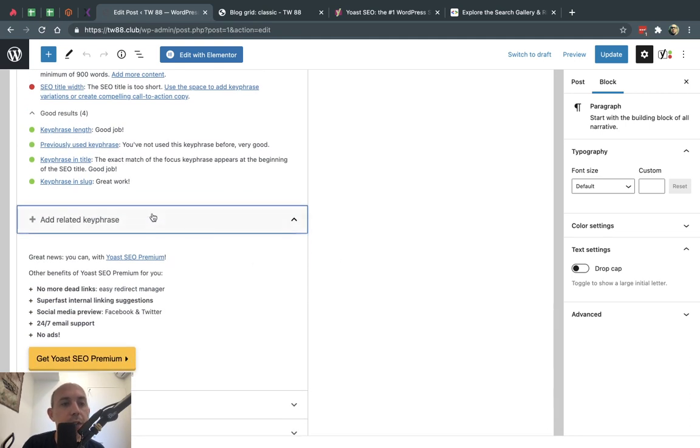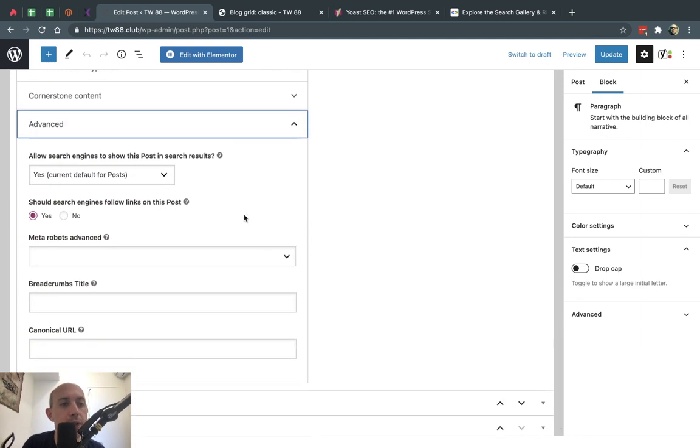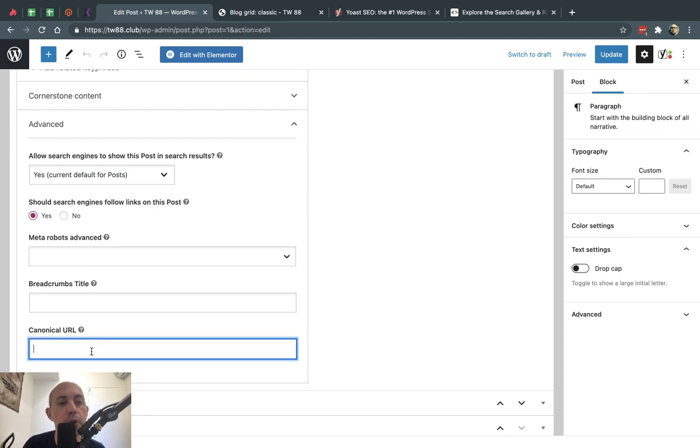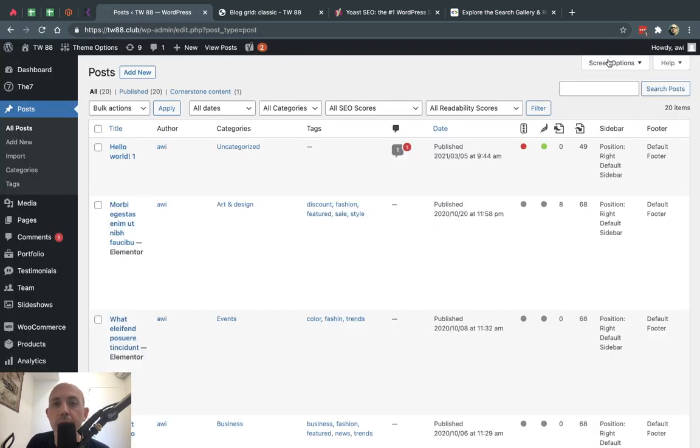I'm not going to cover this in this video, but Yoast SEO Premium, I'm going to do a different video about it. Honestly, I don't use it too much, but we'll be practicing it and make it for the future. So you have some additional information. Okay. Other than that, do you want to exclude this page from being indexed or other advanced things? For example, the breadcrumbs title, you can override these. Canonical URL, what it does is it avoids duplicate content. So if you have two pages that are basically the same, you can specify the URL of this page to link to the other page so as not to have duplicate content. Okay. So this information right here, obviously you would update it.